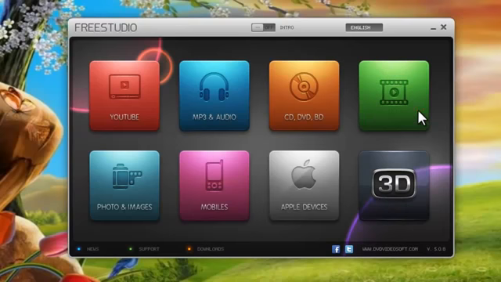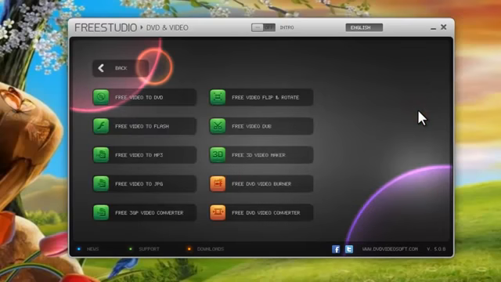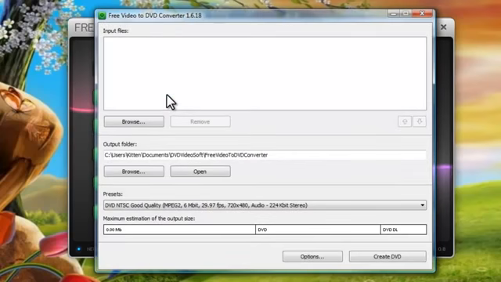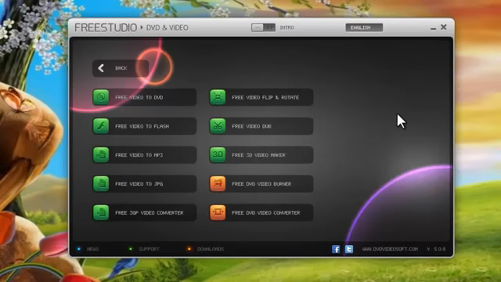DVD and video section. There are some really useful tools on here. For example, if you wanted to convert your video, you have a video, you have a digital camera, you recorded the video, and you want to burn it on your DVD, then you use this feature. You select the files by clicking on the browse, add them on here, select the output folder, and then you select your DVD, create DVD. Your videos will now be burned onto your DVD, and you can watch them on your DVD player on your